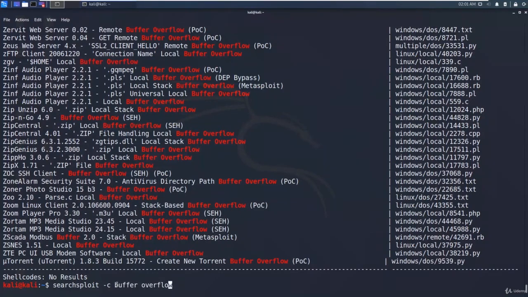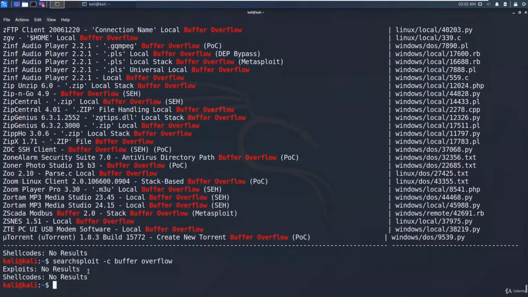So it will only search for lowercase buffer overflow, and it will not search for uppercase. That is the use of the -c option. If you enter, you will get no results.